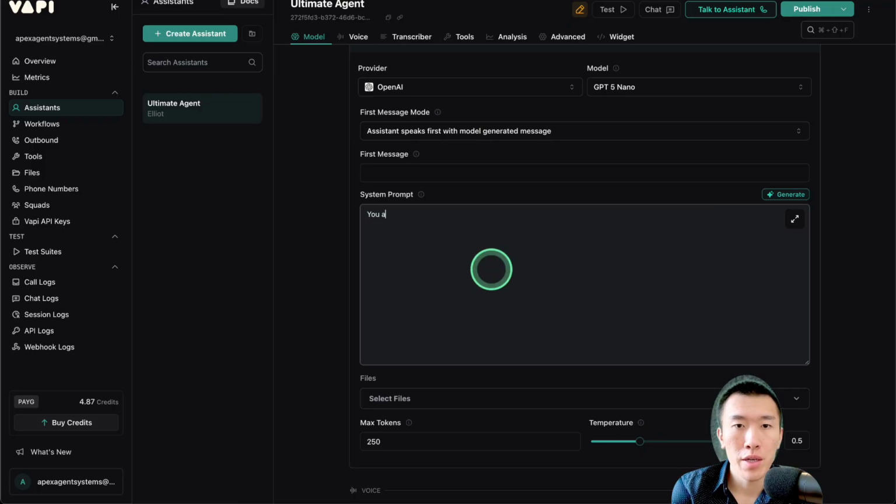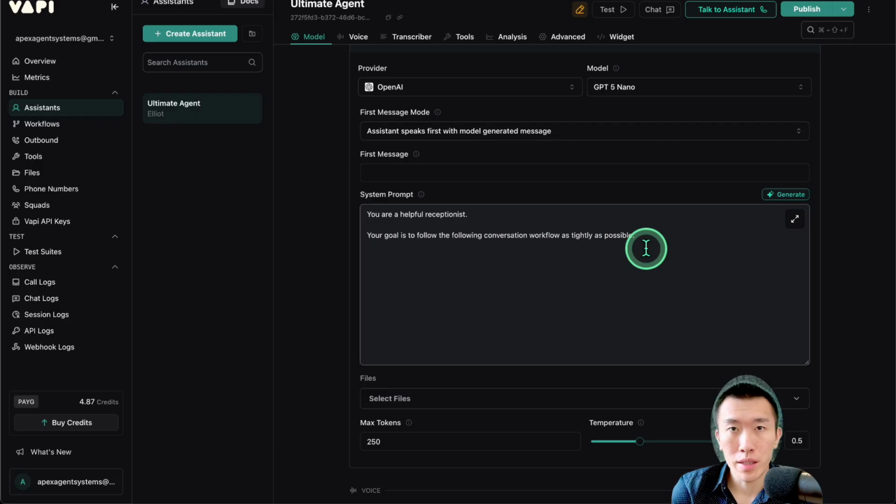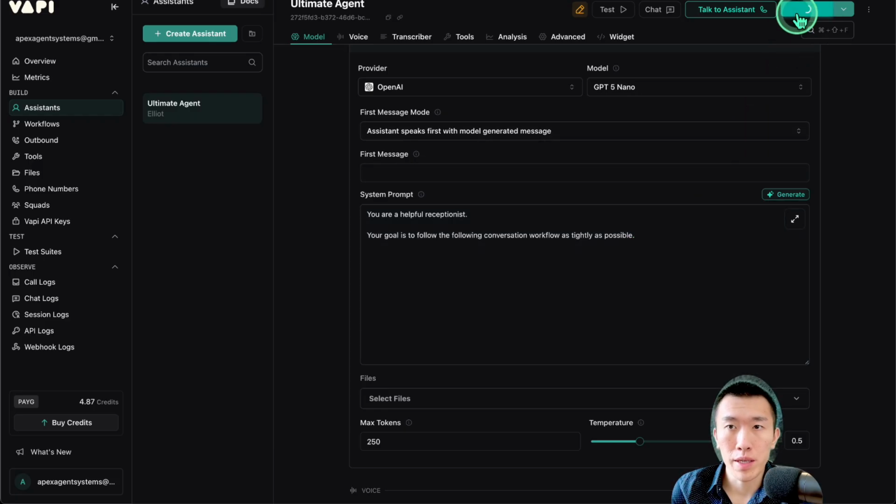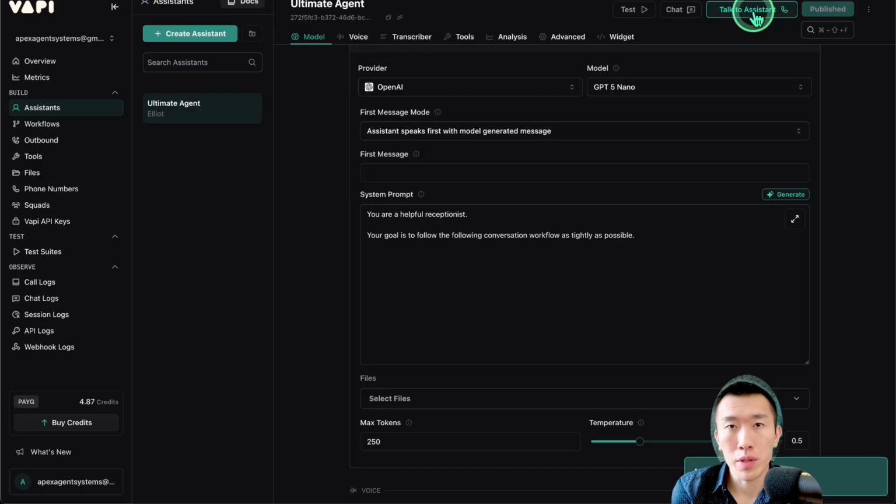So it sounds like, you are a helpful receptionist. Okay. Your goal is to follow the following conversation workflow as tightly as possible. Okay, perfect. So once that is done, you can actually go over here and hit publish to save. And you can click on talk to assistant to talk to it and basically test it to see if it's